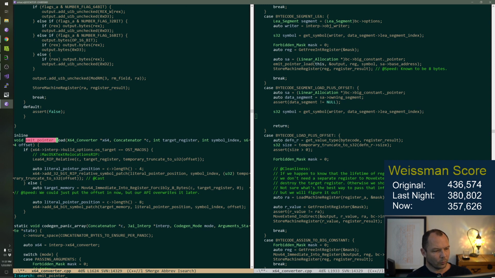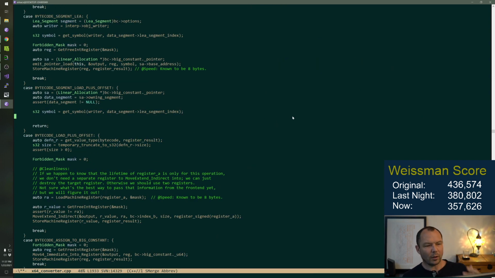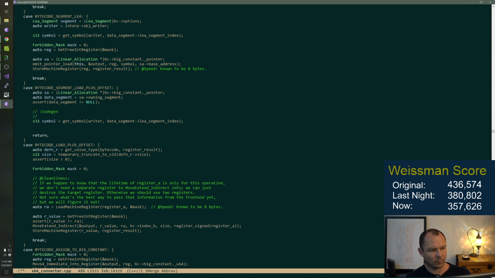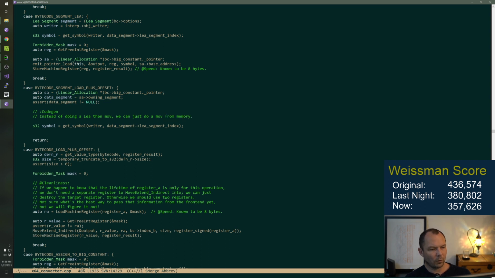Emit pointer load here says symbol index and offset. Yeah, this is really a load effective address. It sounds like it's loading out of memory. So we want to say we're not super worried about x64 code gen quality right now.